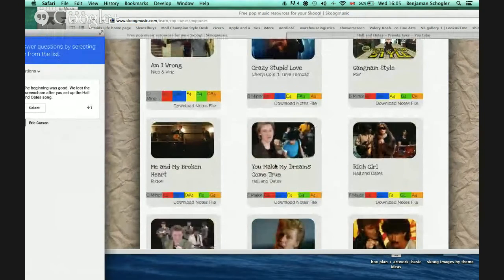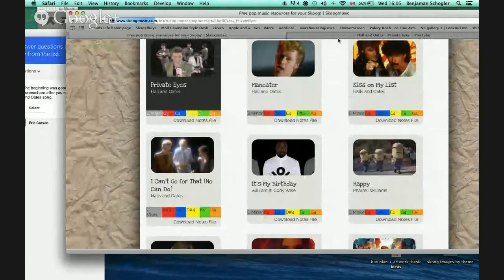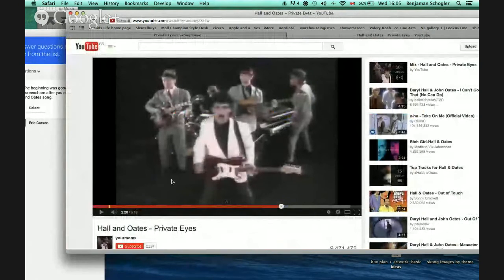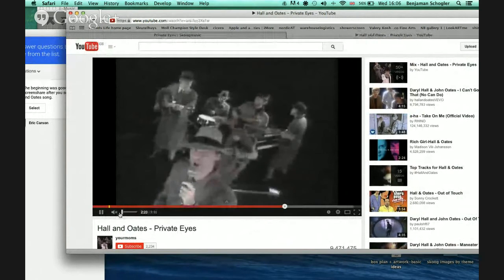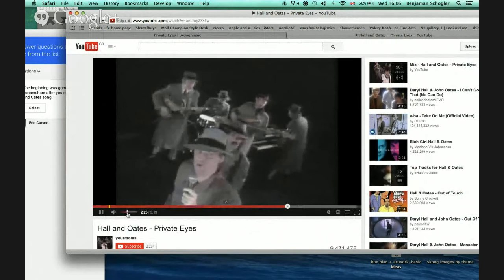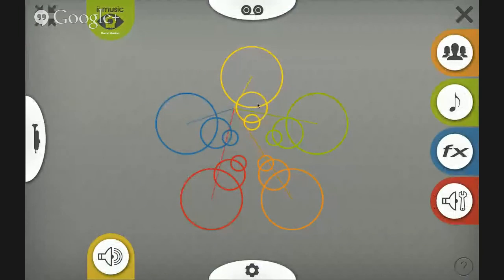We went to find a C major tune, Private Eyes, Hall & Oates. We selected that. We've got the guys. And then if I play them, there they are. Hopefully, now if I go back to my Skoog,